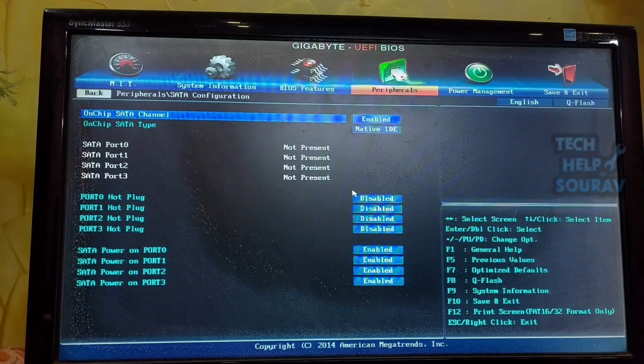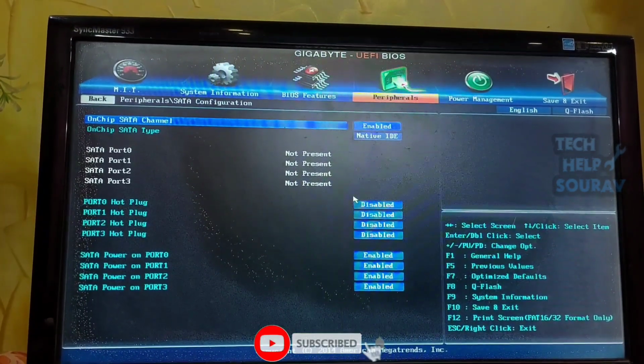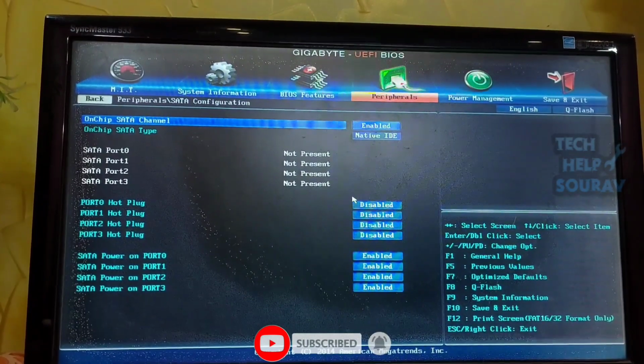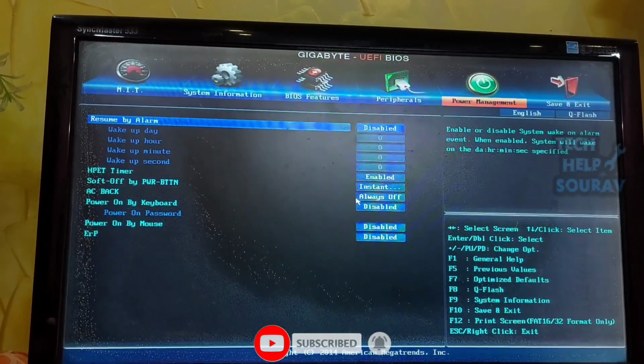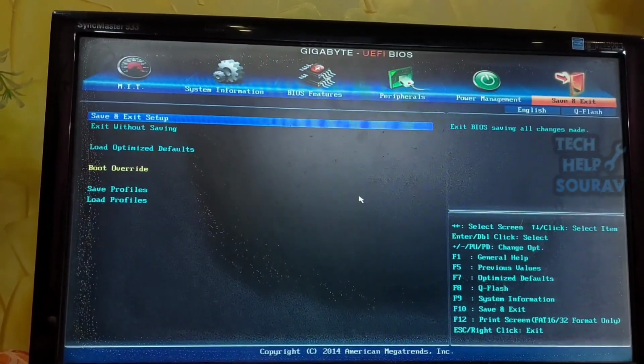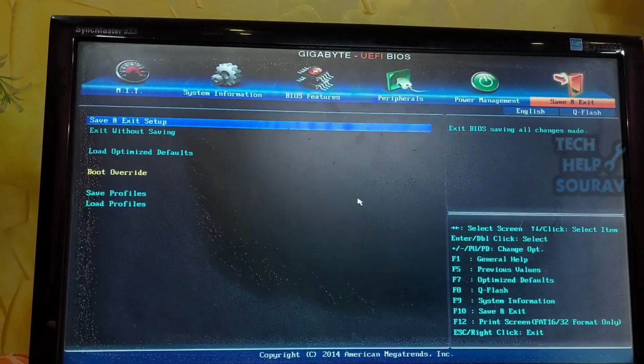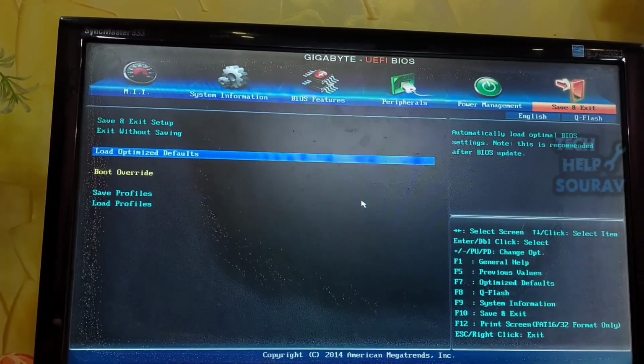If the SATA port on the motherboard is connected then BIOS settings will show HDD. The SATA port will show you your hard disk, but in my BIOS settings it is showing not detected, which means that my hard disk is having some problem. If your hard disk does not show in SATA configuration in BIOS settings then you need to go to save and